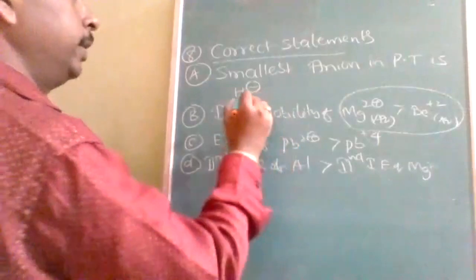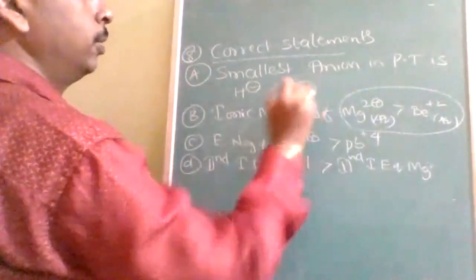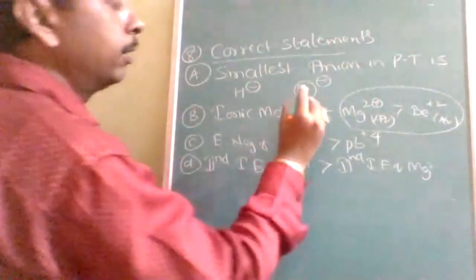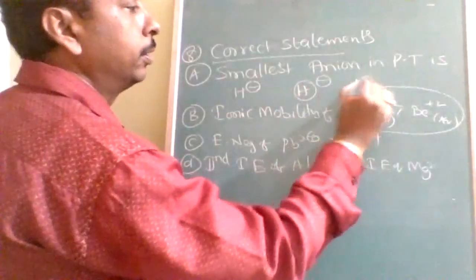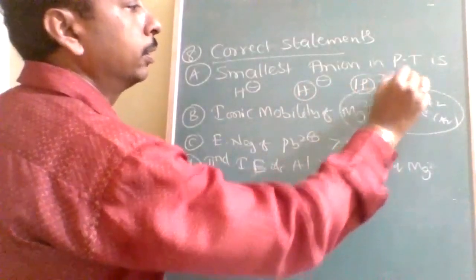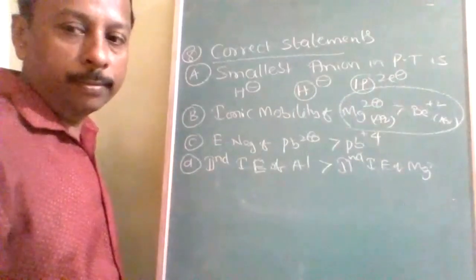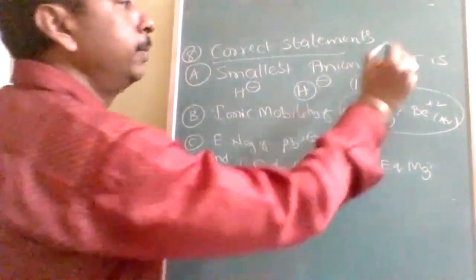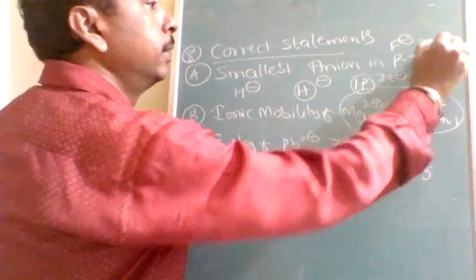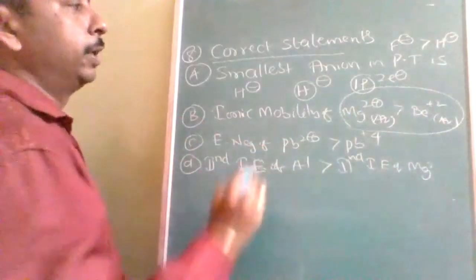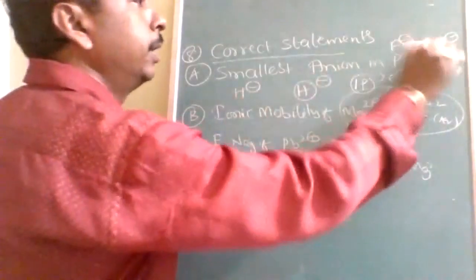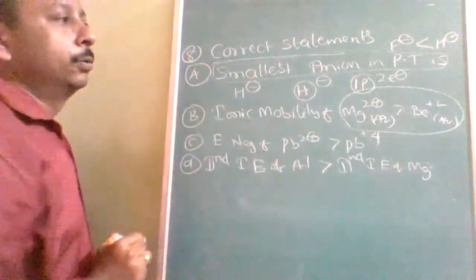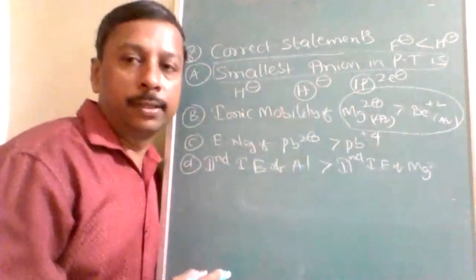Okay, people will think that hydrogen is small, therefore hydrogen negative must be smallest, but it is not like that. Because here one proton is attracting two electrons, so that effective attraction will not be there. Understood? Frankly speaking, H minus is larger than the F minus, so we cannot say it is the smallest one. So why this answer is wrong and what is the justification?